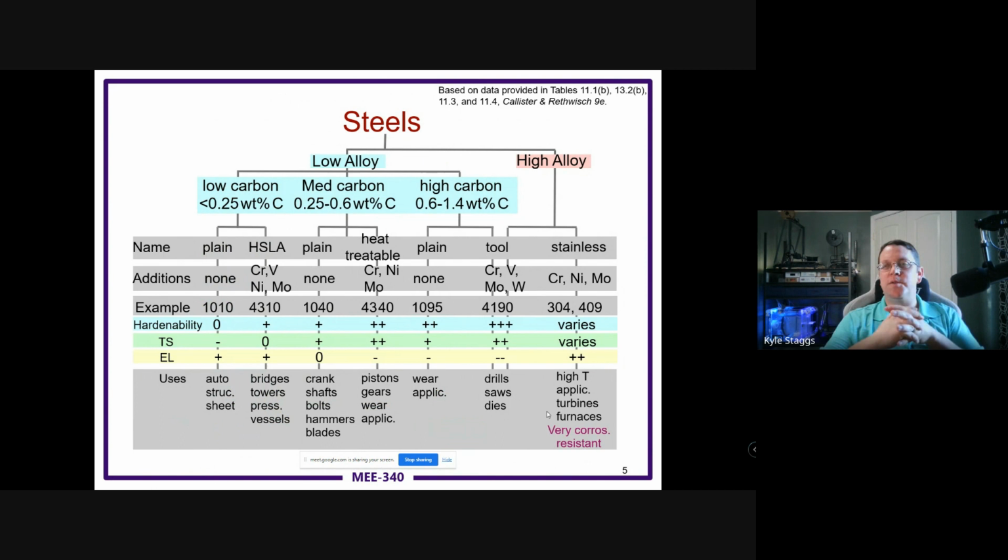Stainless are the high alloys, so a much higher percentage, above a couple percent of other stuff in the steel. That gets you into some of the different grades of stainless. So 304, 316, 409, those are some of the different varieties. Hardenability is kind of tricky with stainless. So the reason that you know some of that is, think about, for example, a generic